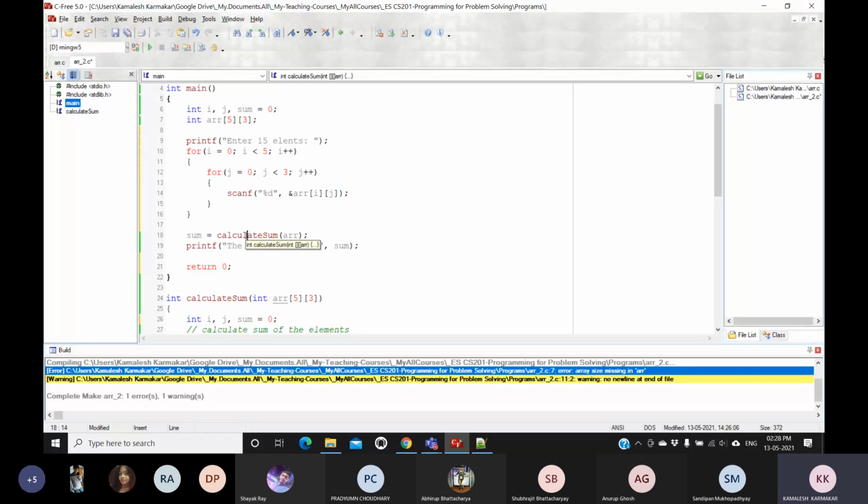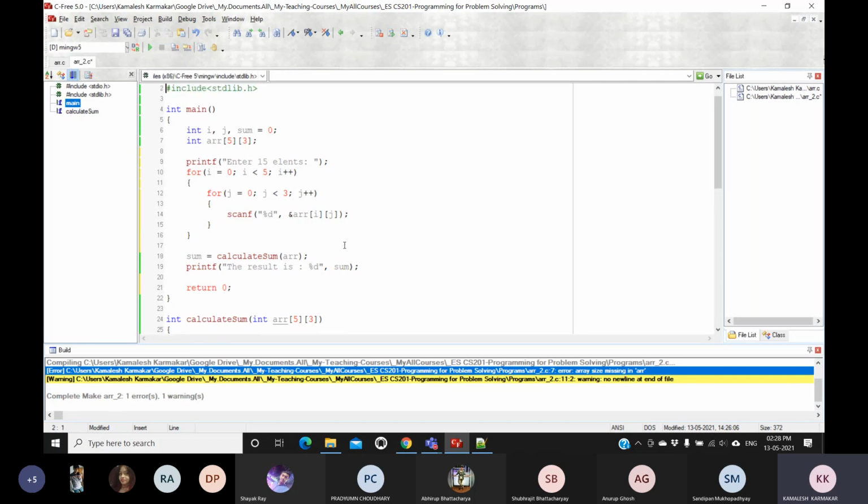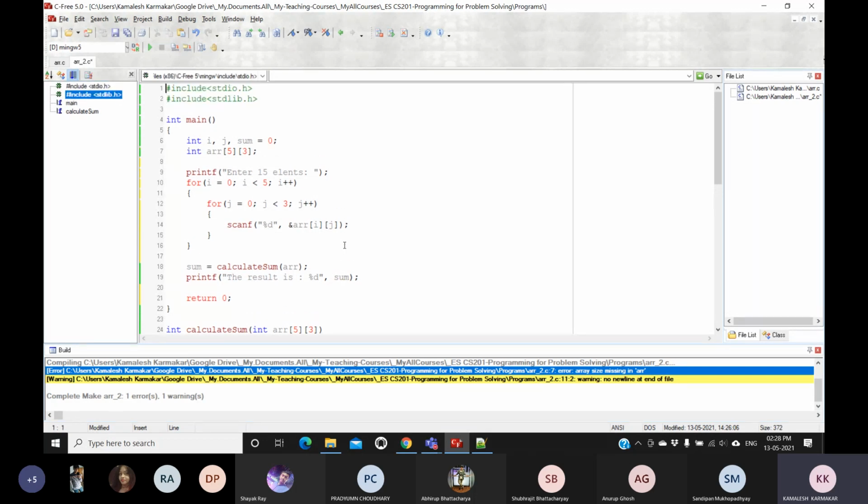So we are receiving it in some variable. And finally the result is being printed. So we are not using any global variable at this moment. We have not discussed global variables or different types of scope of variables till now. So whatever we have used till now, these variables are local variables, either declared in the main function or in another function.